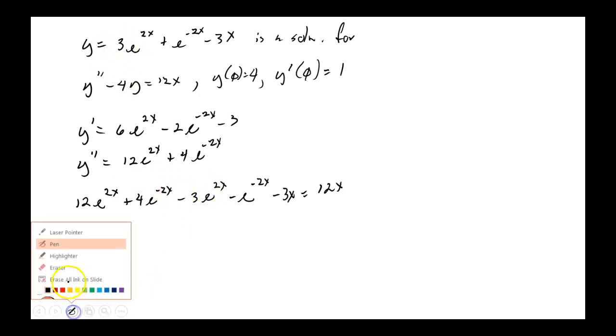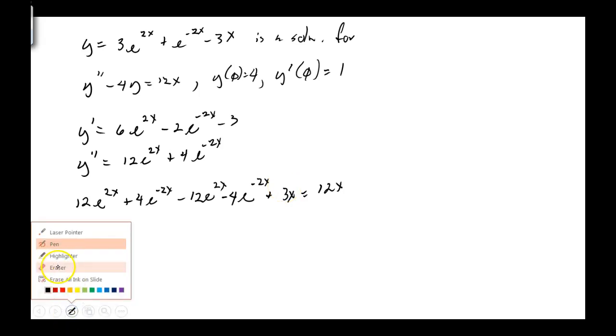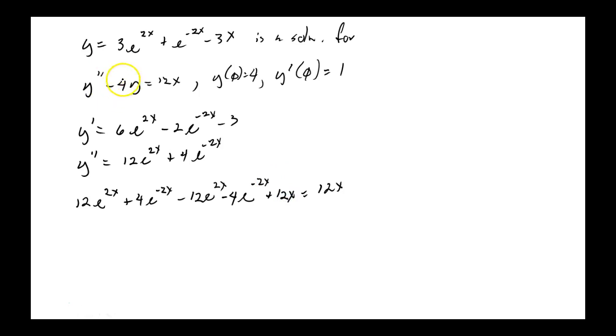So this is minus 12e to the 2x minus 4e to the minus 2x, and then you've got a minus, so that's going to be plus 12x, because you have a minus 4 times a minus 3, which is plus 12x. Okay? Now,